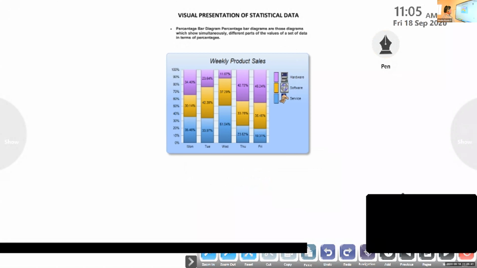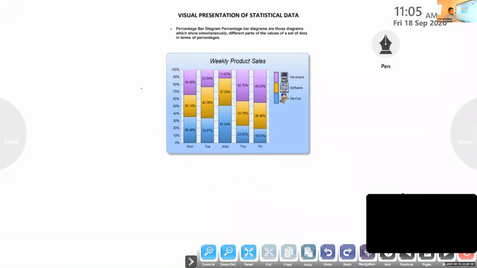Percentage bar diagram is almost like a subdivided bar diagram, but here we want to convert the entire data into percentages. Related to this percentage bar diagram, there is a problem: if your calculation goes wrong, the total construction will also go wrong. So be careful about the calculation, converting the data into percentages. That's the important calculation needed here. Okay, next one.